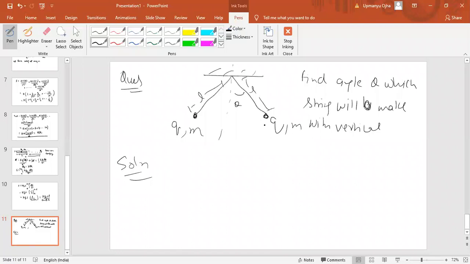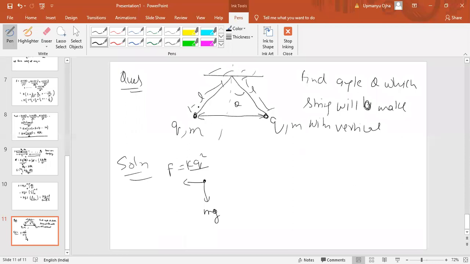Okay. Now if I find the net force acting on this bob of mass m and charge q, there are two forces acting on this bob. One is weight mg, which is acting downward. The other is the electrostatic force due to the other point charge. And what is the value of the electrostatic force? That would be equal to kq square by the distance squared. Now what is the distance between these 2 point charges? That we have to find.